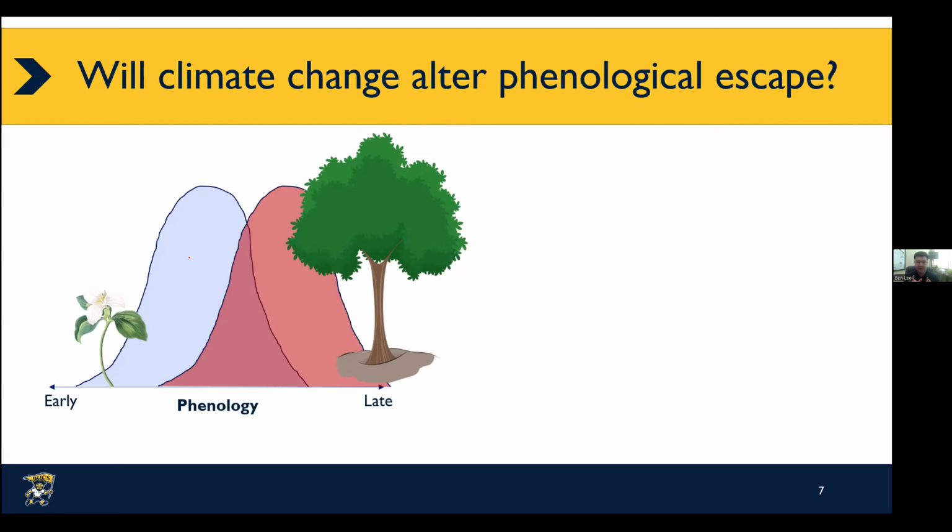And so rather than having historically a large amount of overlap between the activity periods for these species, what we see instead under historical conditions is that these wildflowers emerge really early. There's going to be some overlap with the canopy for a lot of these species. And then as both of these move earlier in the year, what I'm really interested in is will this duration of light availability, which will start here, sorry, that's not a super straight line, start here with when the wildflowers become active in spring and end as the shade above them begins, this period of time of high light availability, will that change in the future